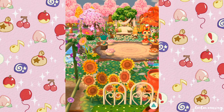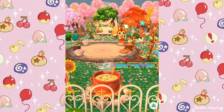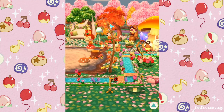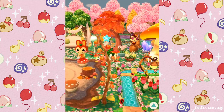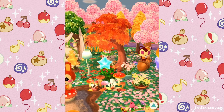And over here we have this really yummy looking mushroom stew, which I imagine all the fairies drink after they've celebrated their new arrival of the latest fairy. So over here we have a flute, and we have lots of these little candles in leaves around. We have autumn berries, stars, mushrooms, holly bushes, these beautiful orange and yellow butterflies, and this big autumn tree which